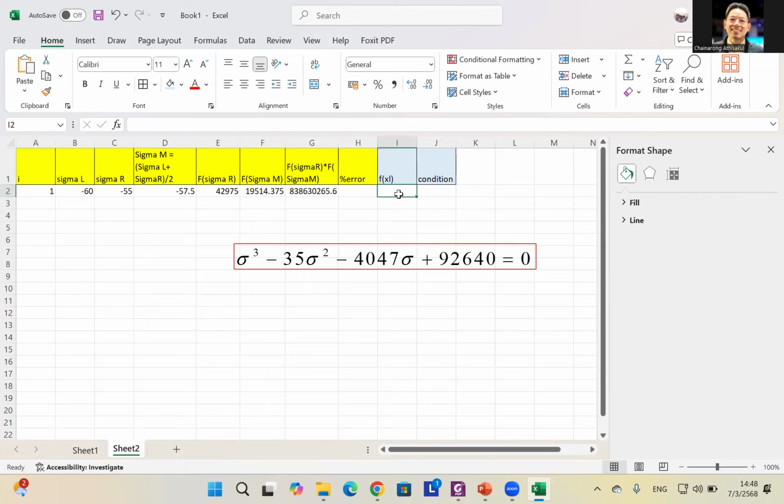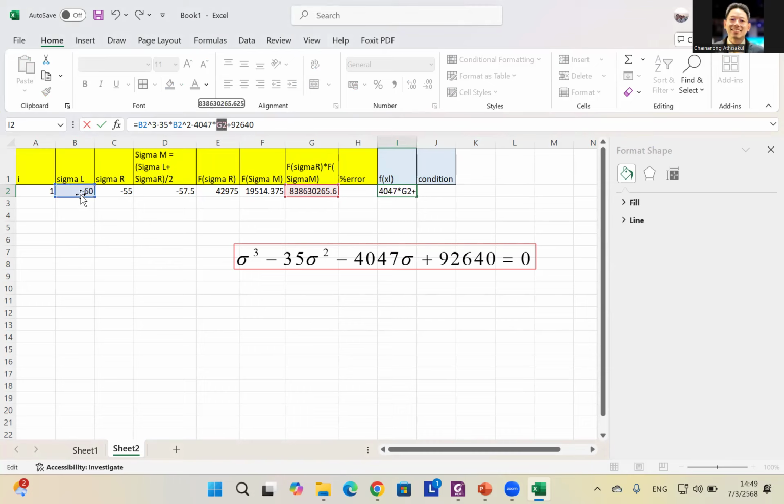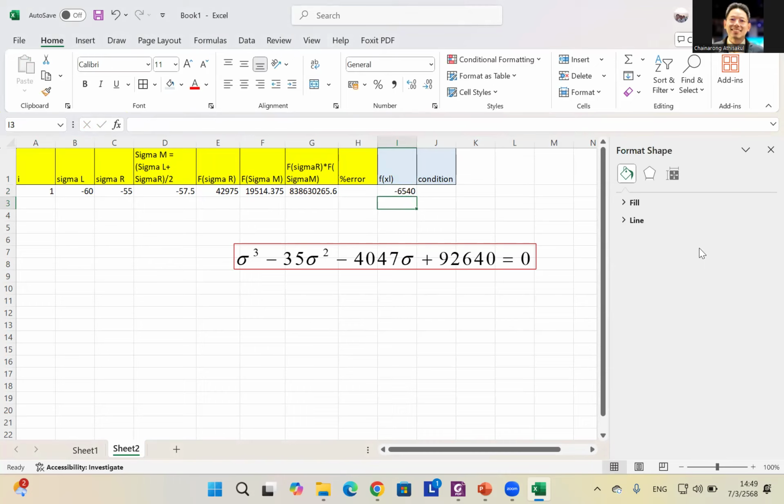And for the second one, fxl should be the same as this value, but we have to change it to be here. Why do we do this? Because we have to check fxm, if fxl and fxr bracket the root or not. So the condition is